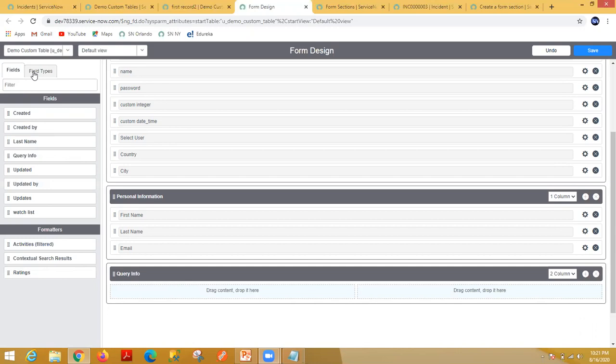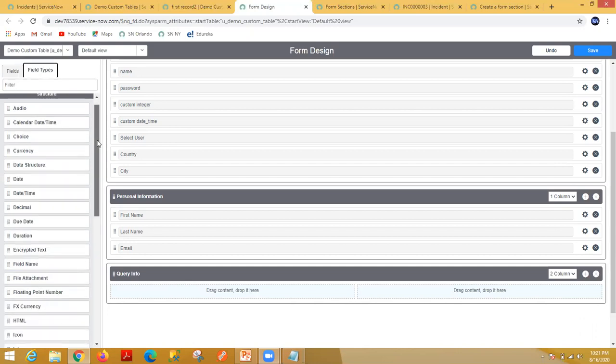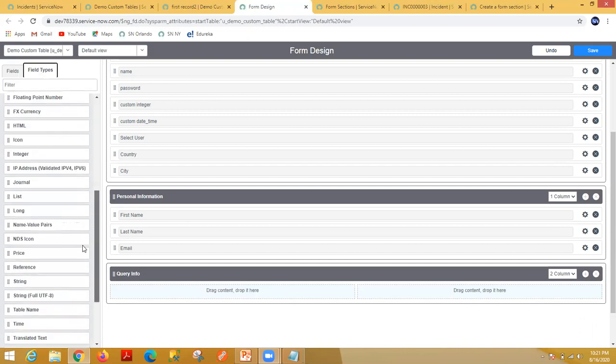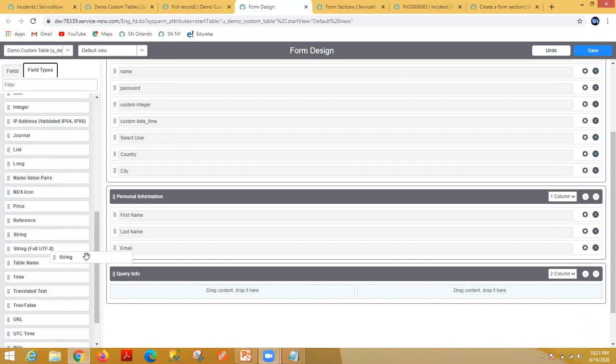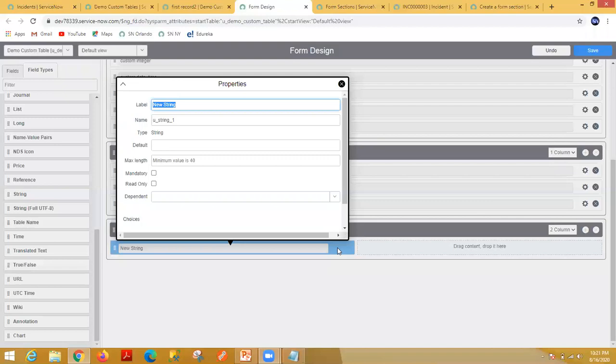Now what I want to do, this is my field type, I want to create new fields. Suppose again I am using this string type, I'm just dragging and dropping here and just change the field name, let's say query short description.